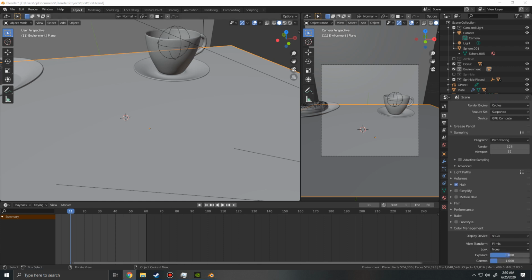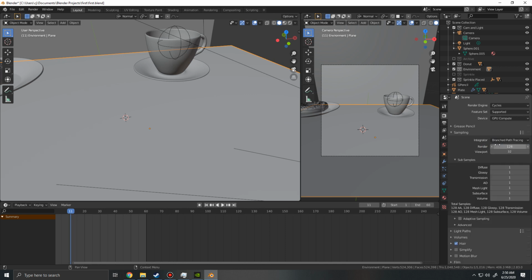That beginners don't know about, and that is that you can change from path tracing to branched path tracing, which gives you more control over where you're putting those samples. So as well as these settings up here, you also get all these settings down here. So this diffuse, glossy, transmission, AO, mesh light, subsurf, volume, that applies to the number of samples that is going